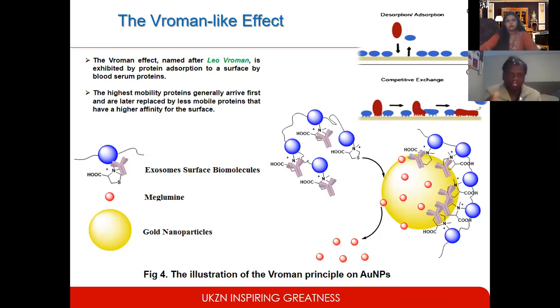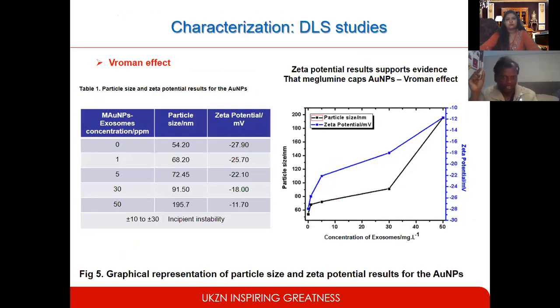We need to prove this Vroman effect using some experimental technique, some instrumentation. So I use zeta potential. Normally people use zeta potential just for detecting size and